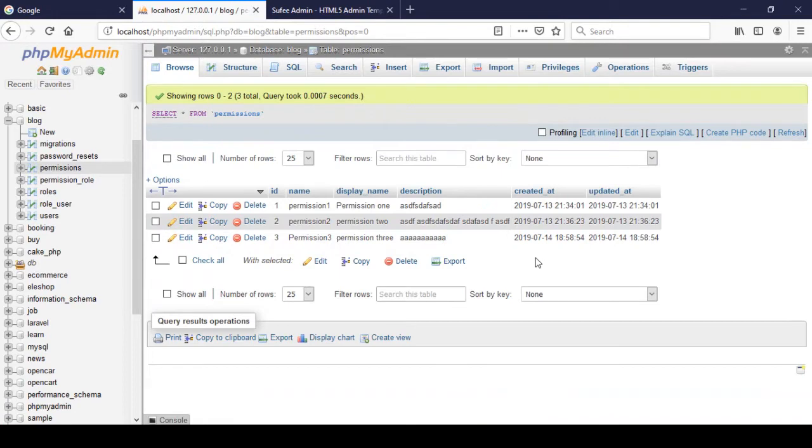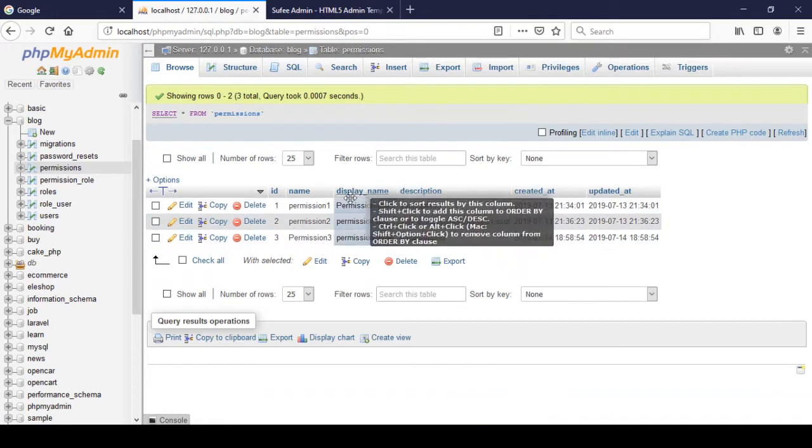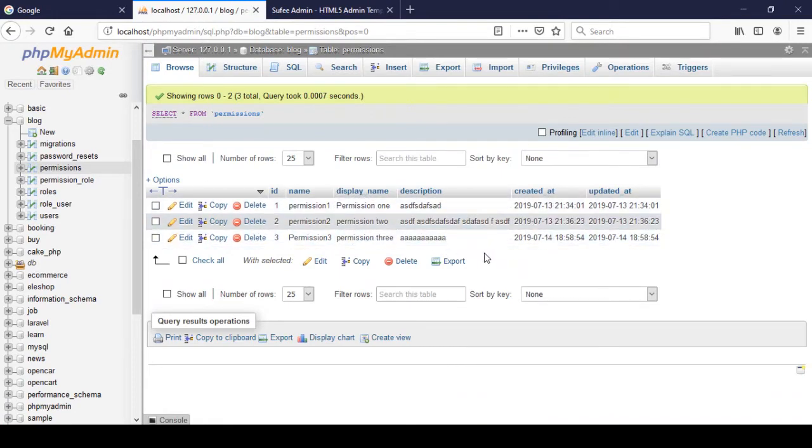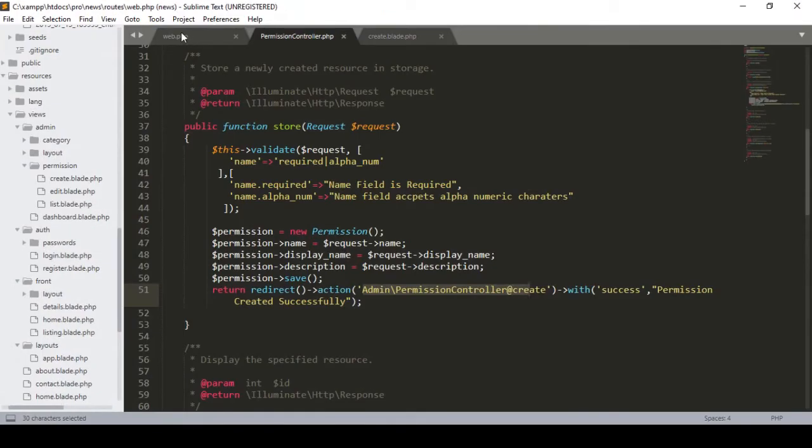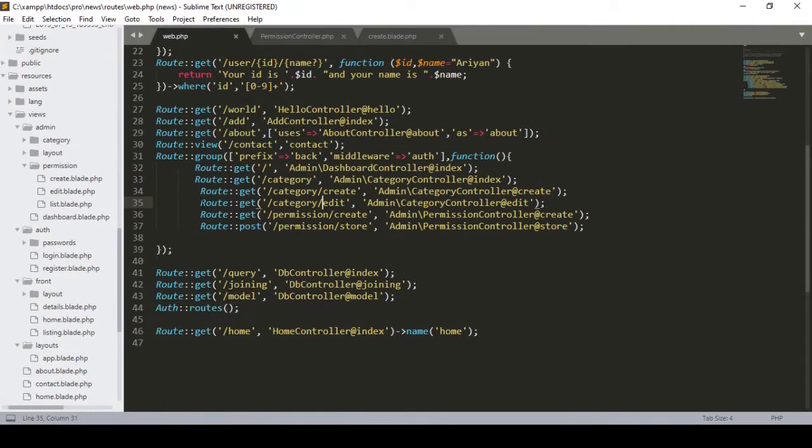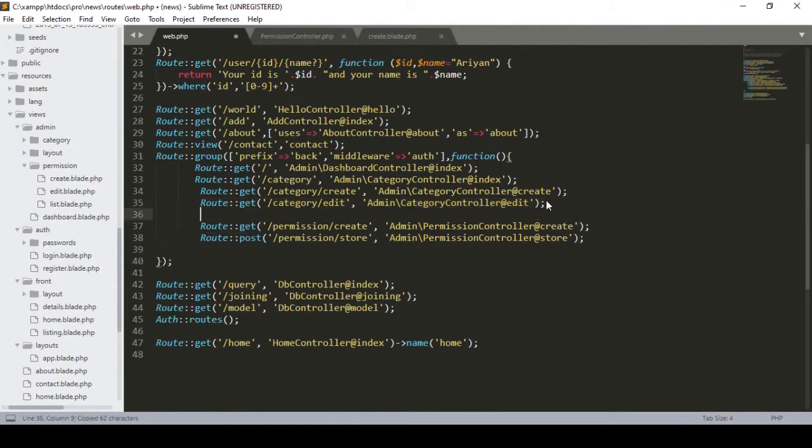So in this video, I will show you how we can read all that permission data and display it in our permission list page. For doing this, first of all, we have to create a route. Here that is our routes, and in this position I just copy it and define it. That is actually the get method, and here I define it as slash permission,